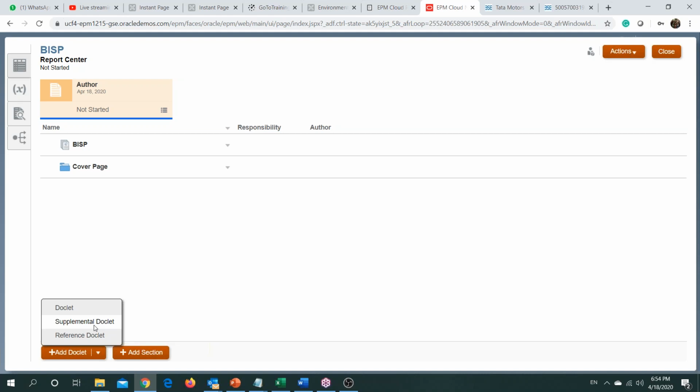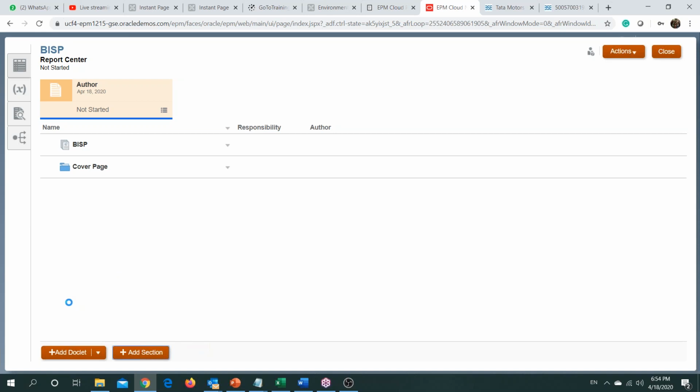However, the information that you provide in a supplemental doclet can be viewed, but is not part of the final version of the report package. And the reference doclet is the one wherein all the reports, whether sourced from within the environment or from certain Excel files, are kept to be utilized in your final version. So let's create a doclet first.